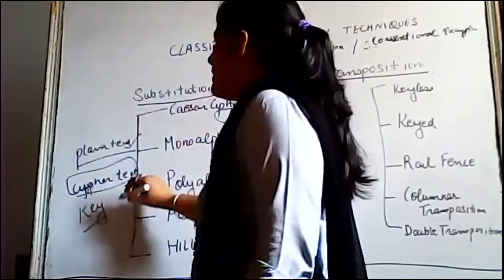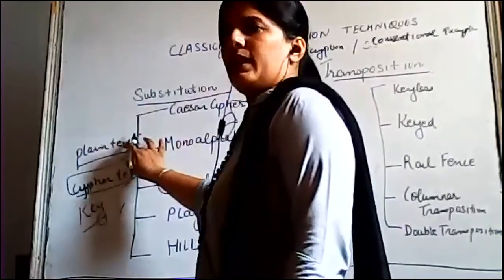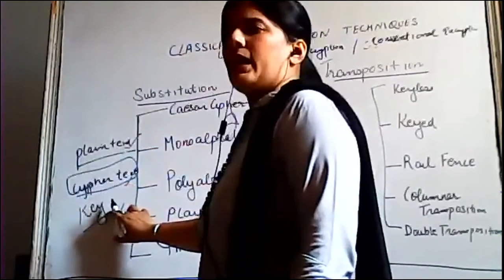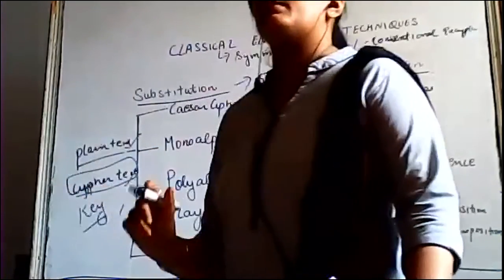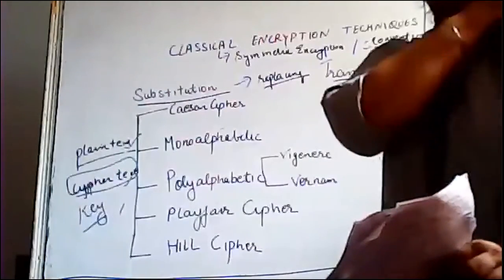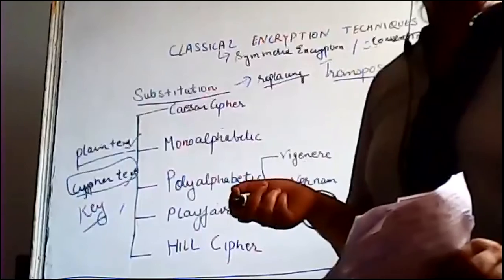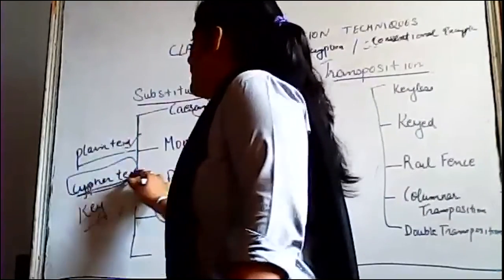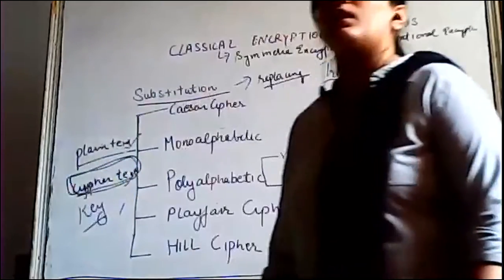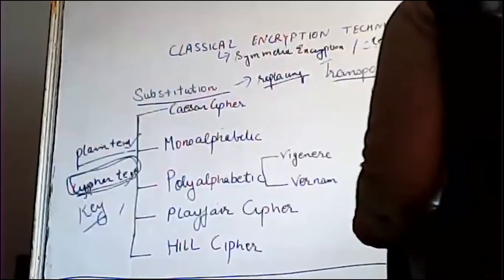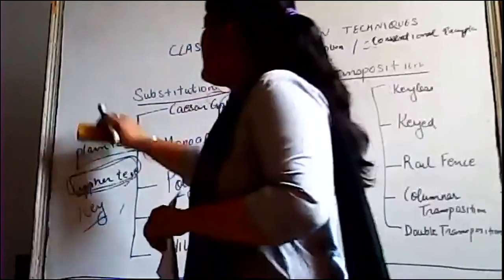So you must be clear with all these three terms. One is the plain text, that particular text you need to encrypt. And key: in some algorithms you require a key just to lock, just to encrypt that particular thing. And there is a ciphertext, that is, after encryption, the text you are getting. Is it clear? If you are clear with these terms, kindly raise your hand.